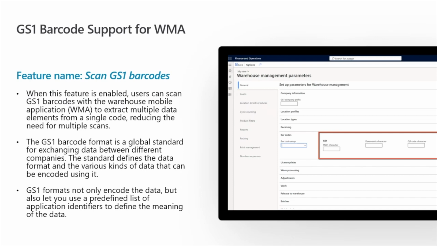So you'll see the screenshot on the right-hand side that I have is highlighting some of the warehouse management module level parameters that need to be set if you're using this GS1 barcode scanning feature for the Warehouse mobile application. And it has to do with identifying that data and the application identifiers. So again, there's some extensive documentation on this that's been posted on our doc site if you're interested in testing this feature.